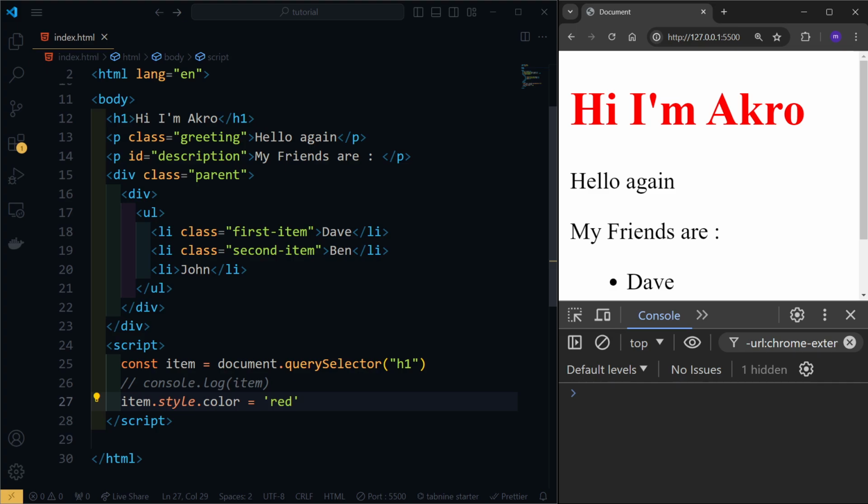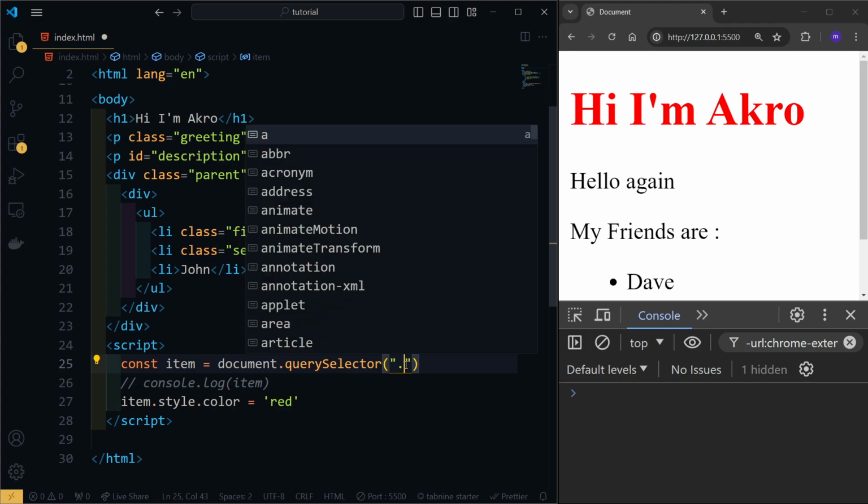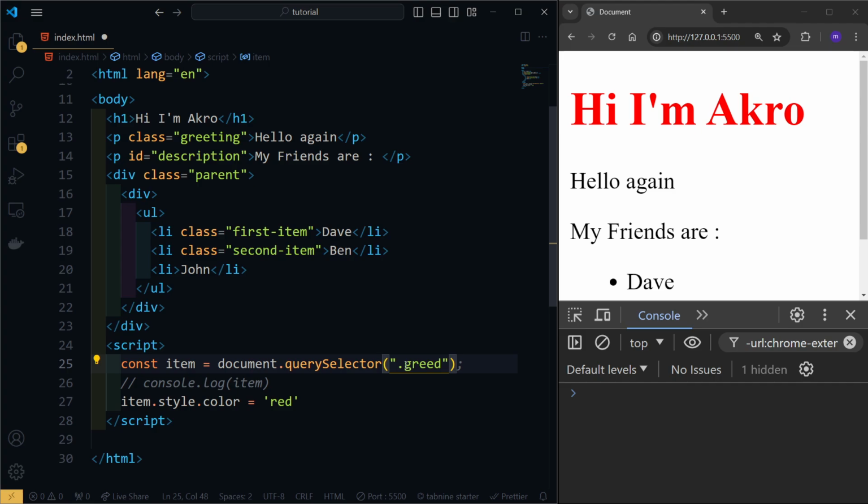Let's move on to this one over here. I'm not going to select it by tag because I've already done that with H1. I want to select it by class. With querySelector, if I'm selecting by class, I have to add a dot, followed by the class name. Now if I save the file, as you can see, we managed to select it